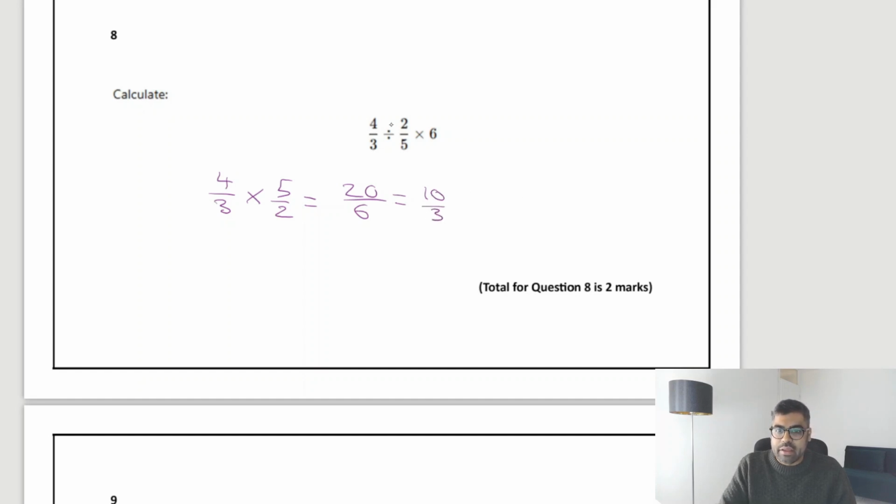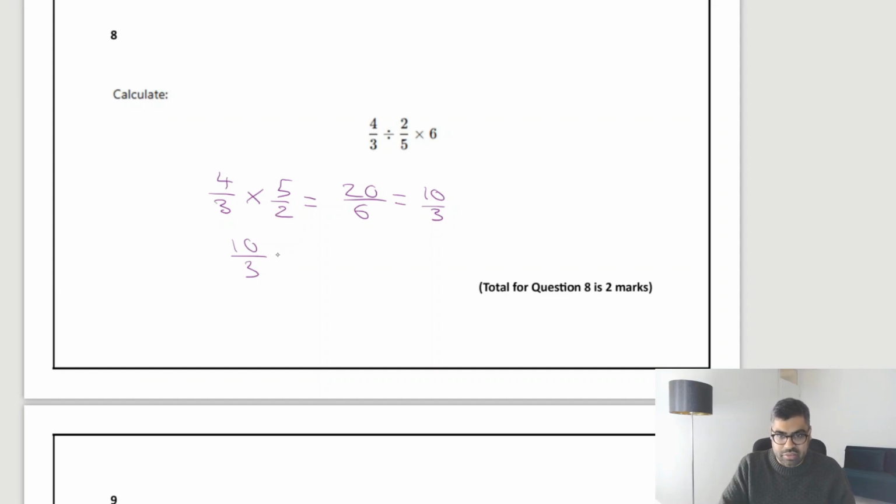Okay, so we've done the first part. We've done 4 over 3 divided by 2 over 5. That gives us 10 over 3. Now, we have 10 over 3, and we need to multiply that by 6. A couple of ways you can do this. One way is we know that whenever we've got a number times by a fraction, we're always timesing the number against the numerator. Or we can take our 6 and we can just